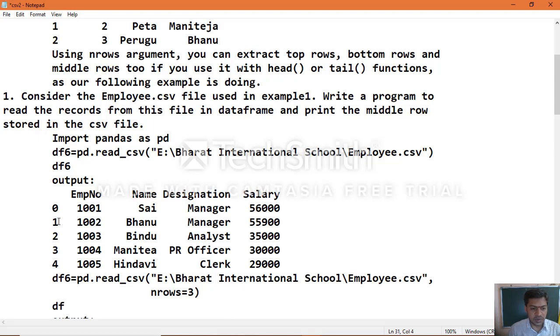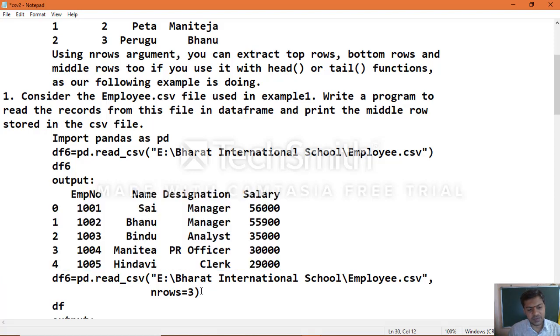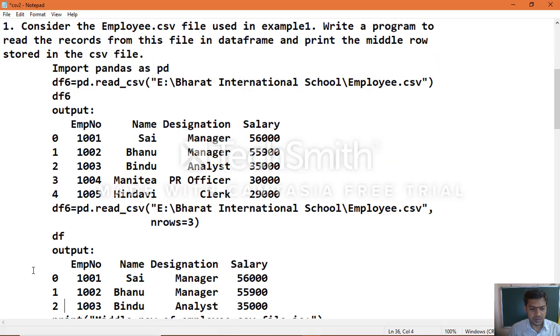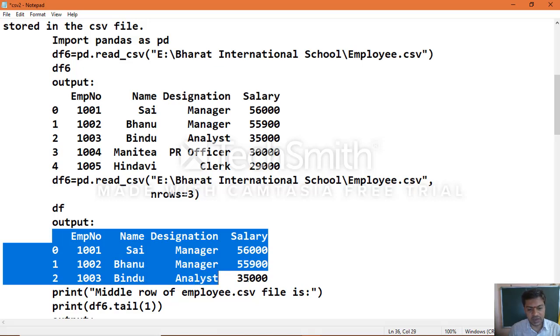Looking at this data frame, you can see 5 records, and from that we want to extract 3 records. So it extracts 3 records from the data frame object, according to the statement written in the program. Then print the middle row of the employee.csv file.